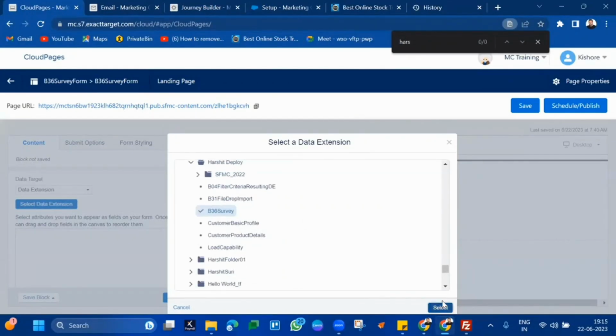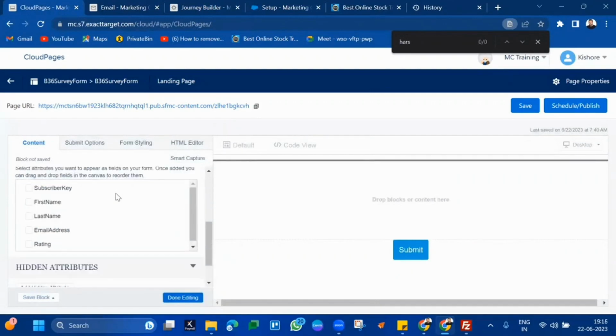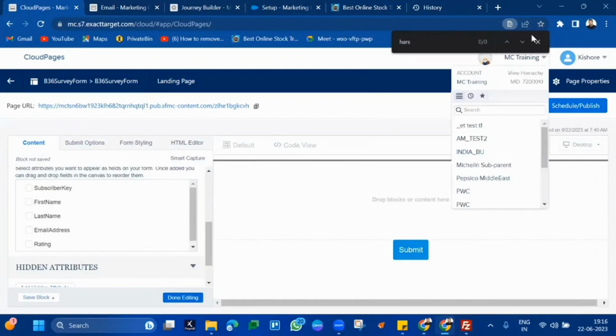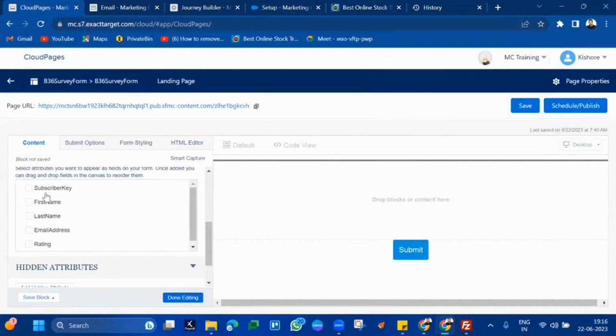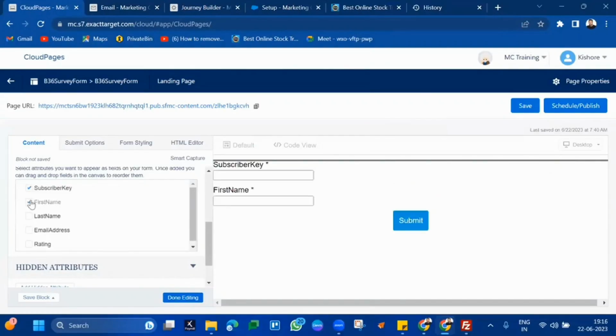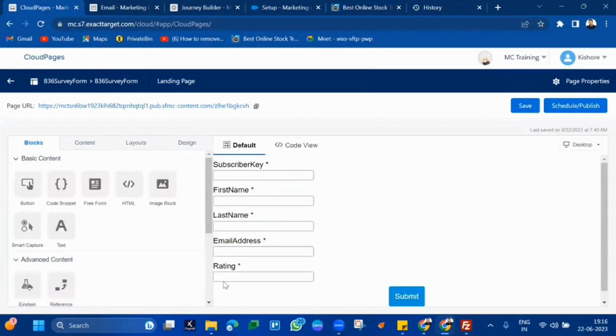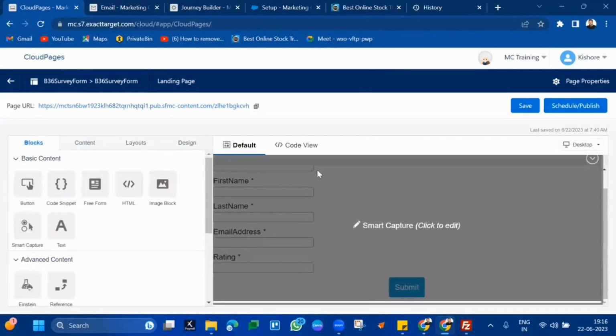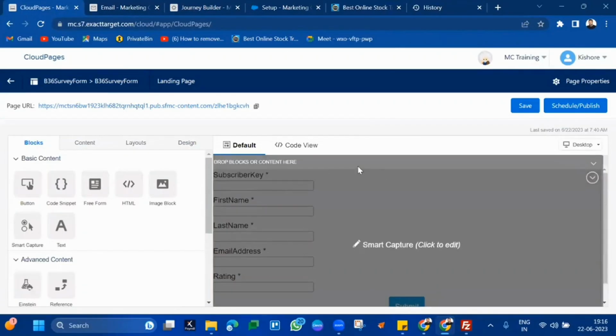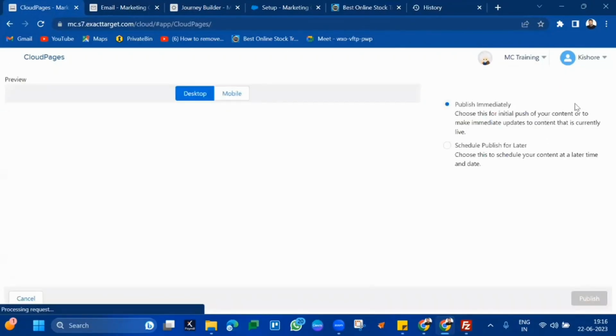Select the data extension where you want to capture these details. You will automatically get all these attributes which you want to capture from the customer. Once you have selected all the attributes, they will be easily displayed. You can now click on schedule and